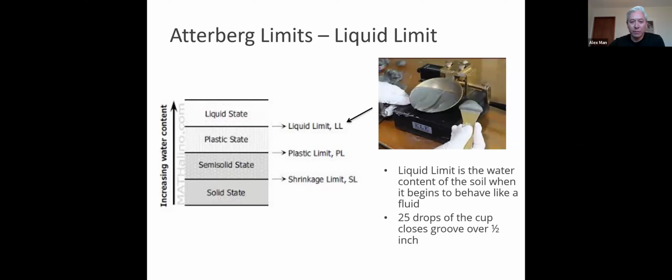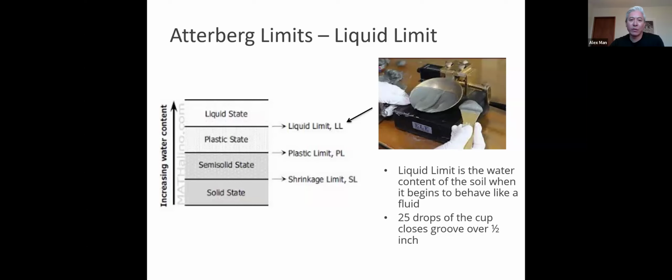Almost an embarrassing test. It's like running a jack in the box. So this is a cup that we use to find the liquid limit of the soil. Basically we add water to the soil, mix it up, put it in this cup, and we groove it with this little grooving tool in that person's right hand. You turn the jack in the box and it drops that cup however many times it takes to close that groove. And the magic number for the liquid limit, arbitrarily, is 25 drops.